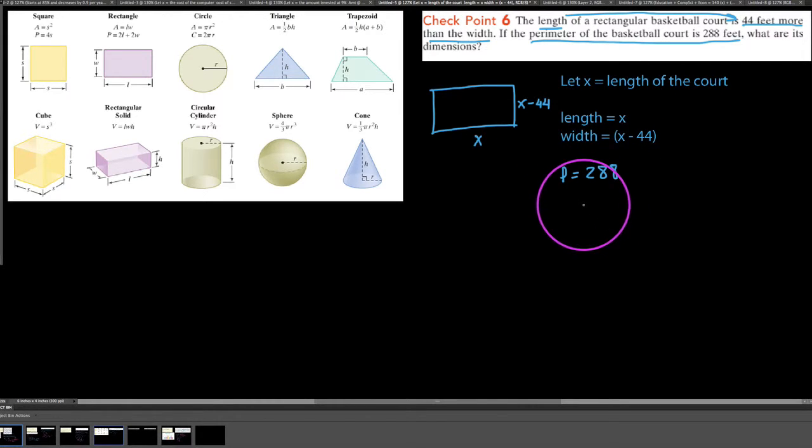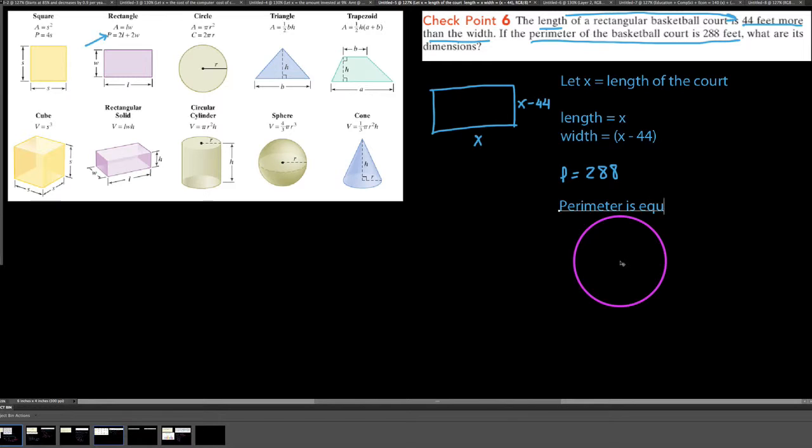So if we wanted to come up with an expression for the perimeter, looking over at our chart here, I've given a lot of geometric formulas. As far as a rectangle is concerned, we say that its perimeter is defined by the expression 2 of the length plus 2 of the width. It makes sense that you take 2 lengths plus 2 widths here. But I'm going to write that out. As a matter of fact, we say that the perimeter